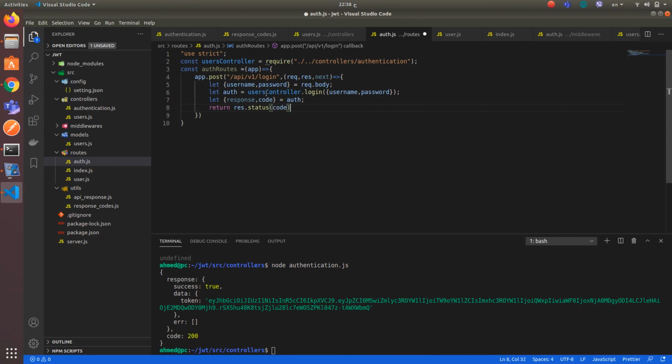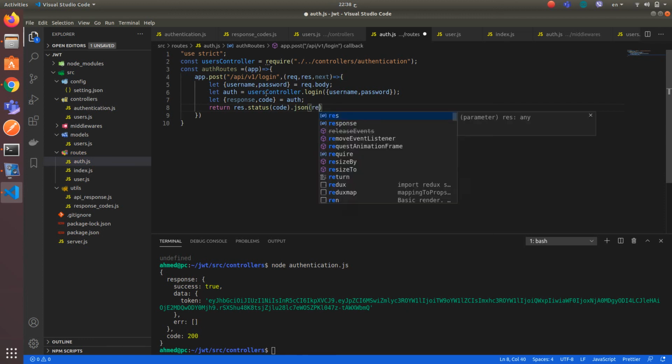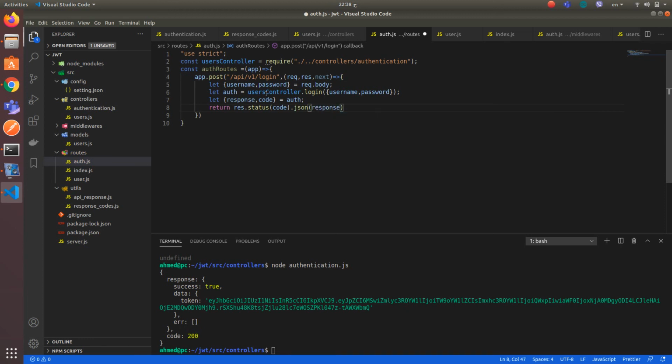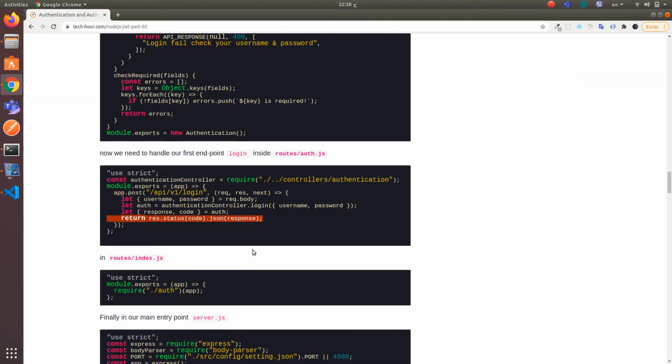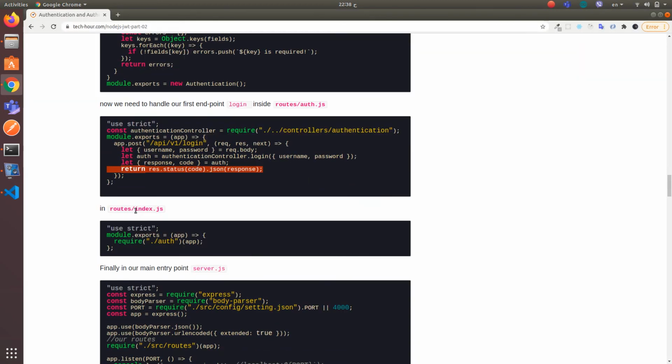This is the code.json. We will send the response here. Okay, good, very good. Now in index.js, as we have mentioned before in the start of developing the application, in the index file we will collect all routes inside this file. So